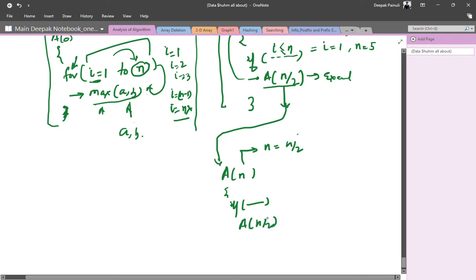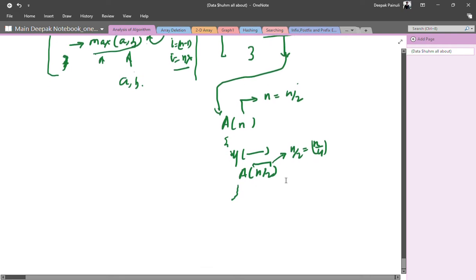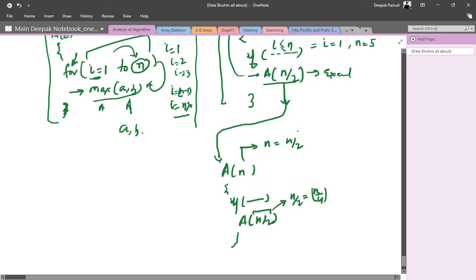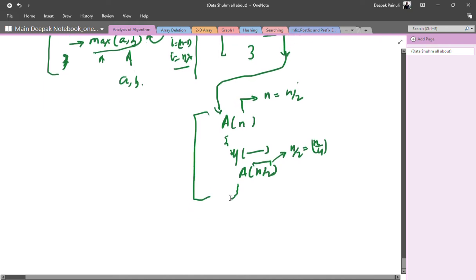So here n by 2 will be equal to n by 4, because here n is n by 2, so n by 2 will be replaced by n by 4. Now again, in the same function you are again calling this function.